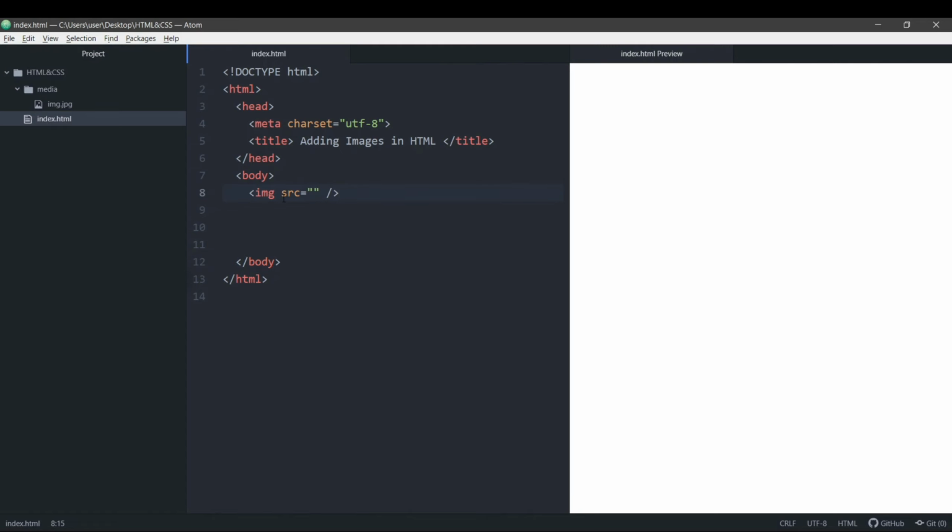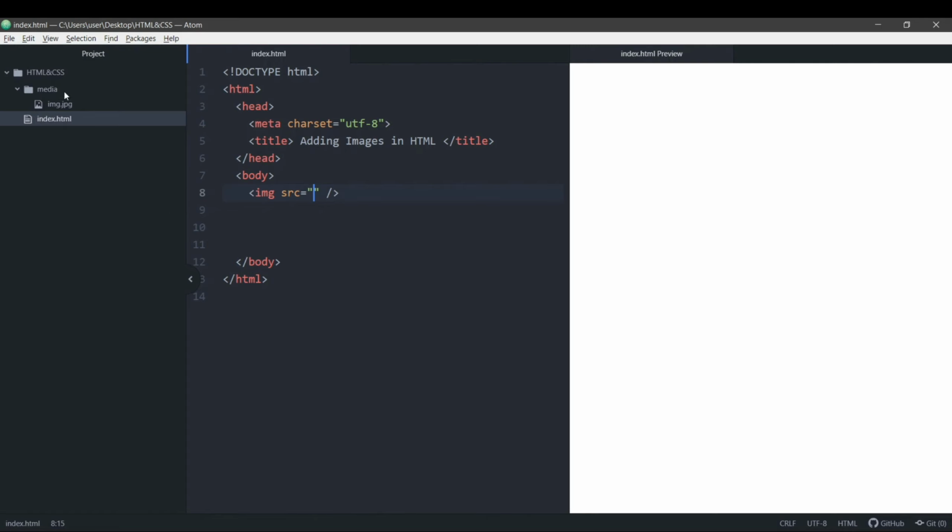I'll give you a tip that is very useful. Whenever you want to add media such as a video, images or audio to your HTML web page, you should create a directory, a folder named media, and add all the images, videos and audios in this one folder. You should always put this folder inside your HTML and CSS project folder. This makes it easier for your web browser to search for the file when you write the path. If the file is placed randomly on your PC or randomly uploaded on the server and not in a folder, then it will be very hard for your image to load.